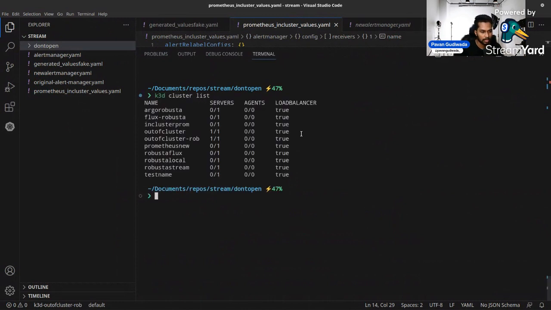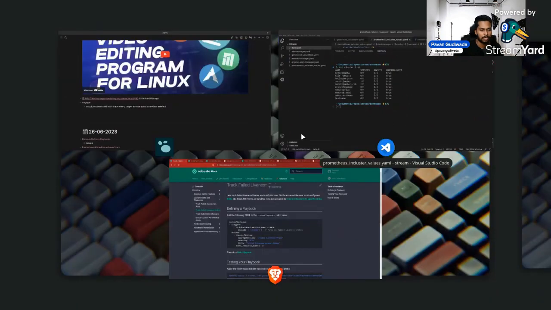Let's see what clusters we have running. We are currently running out of cluster Prometheus, which is